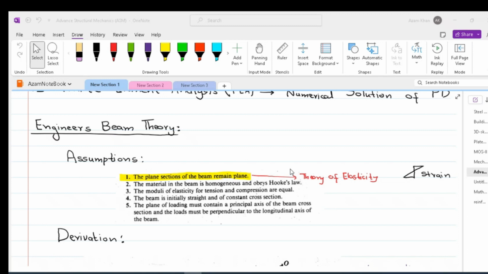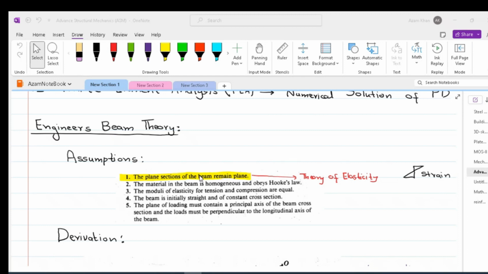In all these, the most basic assumption is assumption number one, which is that plane sections remain plane. This is the backbone of reinforced concrete theory of beams and steel design of beams. This assumption says that a beam cross section, which is a plane, will remain straight after bending. We will see that using this assumption, the calculations become very simple and we get a very simplified form of